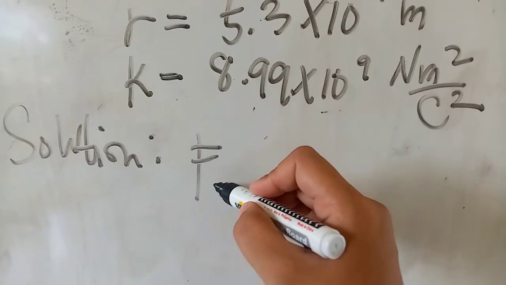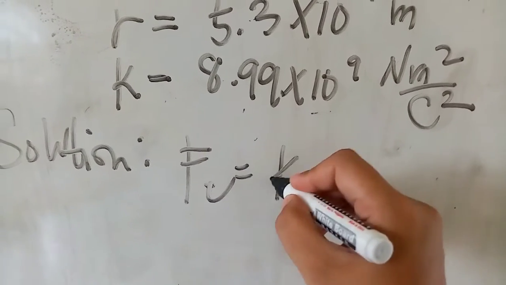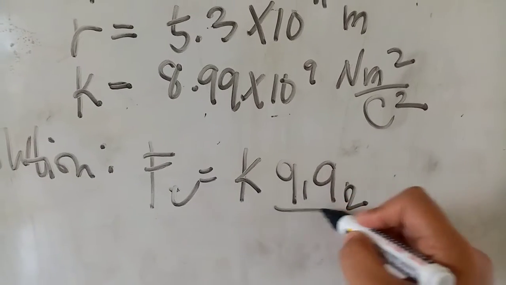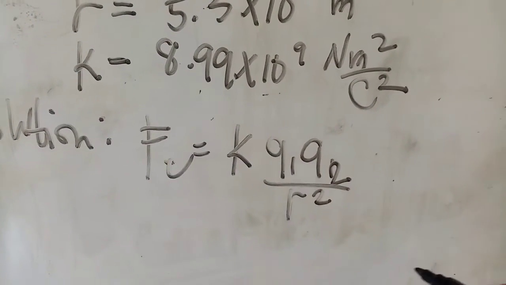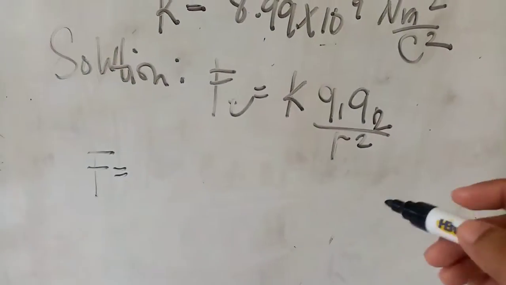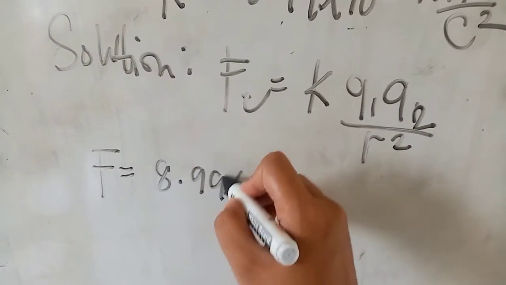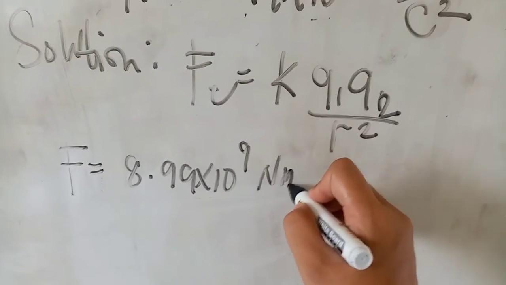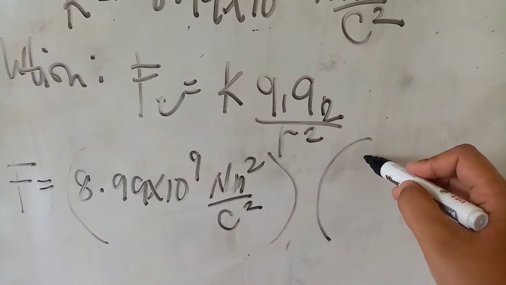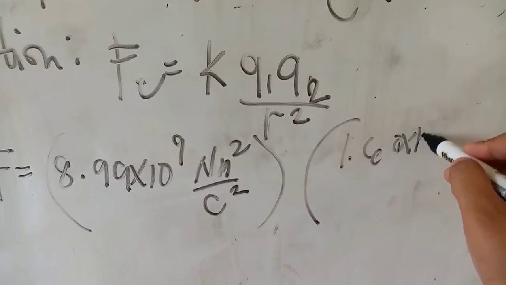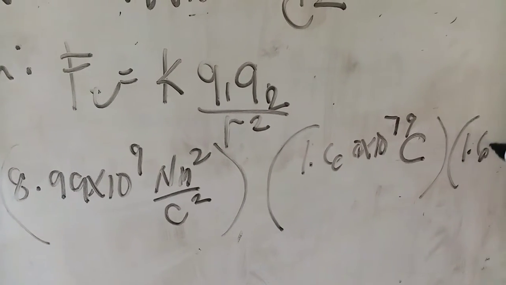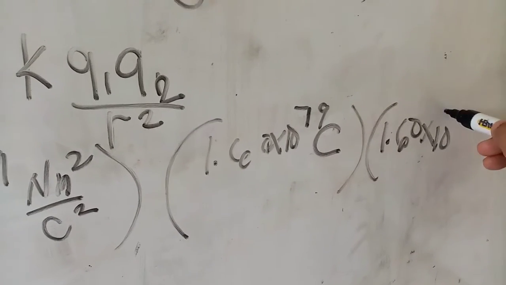Let's use our Coulomb's law. Force is equal to the proportionality constant times charge 1 and charge 2 over the distance between them squared. Hence, substitute the values. F is equal to 8.99 times 10 to the power of 9 newton meters squared per coulomb squared. You multiply the two charges, 1.60 times 10 to the power of negative 19 coulomb times 1.60 times 10 to the negative 19 coulomb